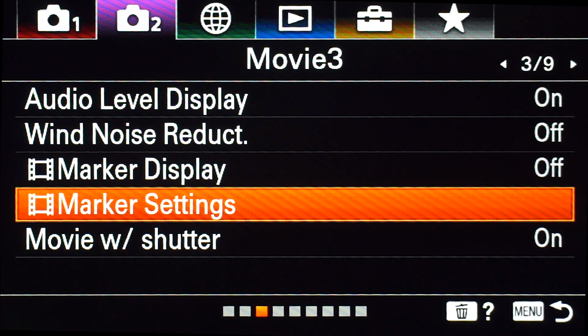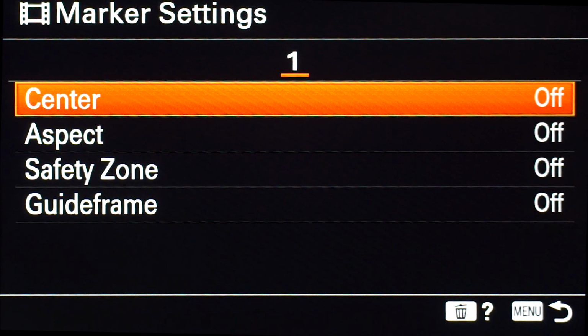Marker settings, movie. Sets the markers to be displayed while shooting movies. You can display several markers at the same time. Center sets whether or not to display the center mark in the center of the shooting screen, off or on. Aspect sets the aspect marker display, off, 4:3, 13:9, 14:9, 15:9,